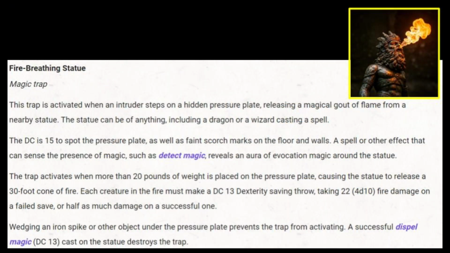Also, if you have a spellcaster with you, they can reveal them by using a detect magic spell. In essence, this is another hazard that can reward players for intelligent and cautious play. However, if your players are sloppy or rushed in their exploration tactics, they can result in deadly consequences for sure. And this is also, I think, a reminder to everyone that everything is really not as it appears sometimes in